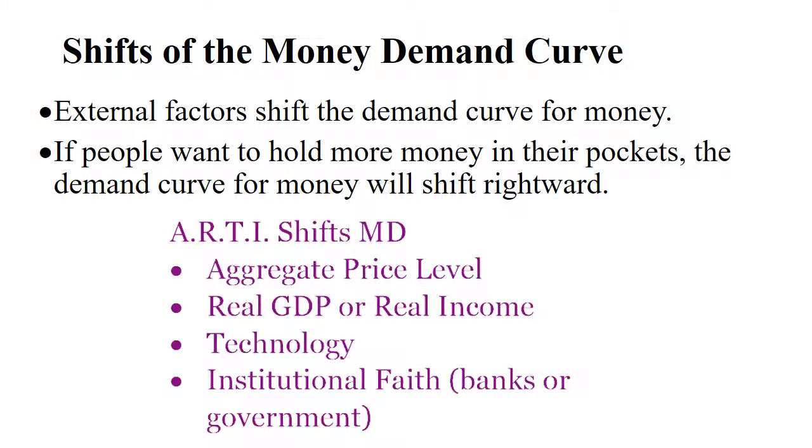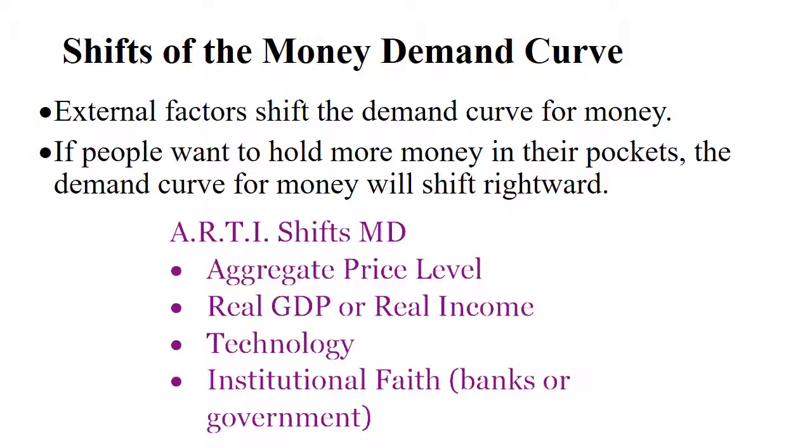So external factors are the money demand shifters. They're called external because they're not actually part of the model. Nominal interest rate is the non-shifter and it's part of the model. It's an internal factor. External factors are other things that occur that could affect your demand for money. How much money do you want to have in your wallet or in your pocket? If your money demand goes up, the entire demand curve will shift to the right and you would just say money demand increased. So the shifters for money demand can be abbreviated to ART.